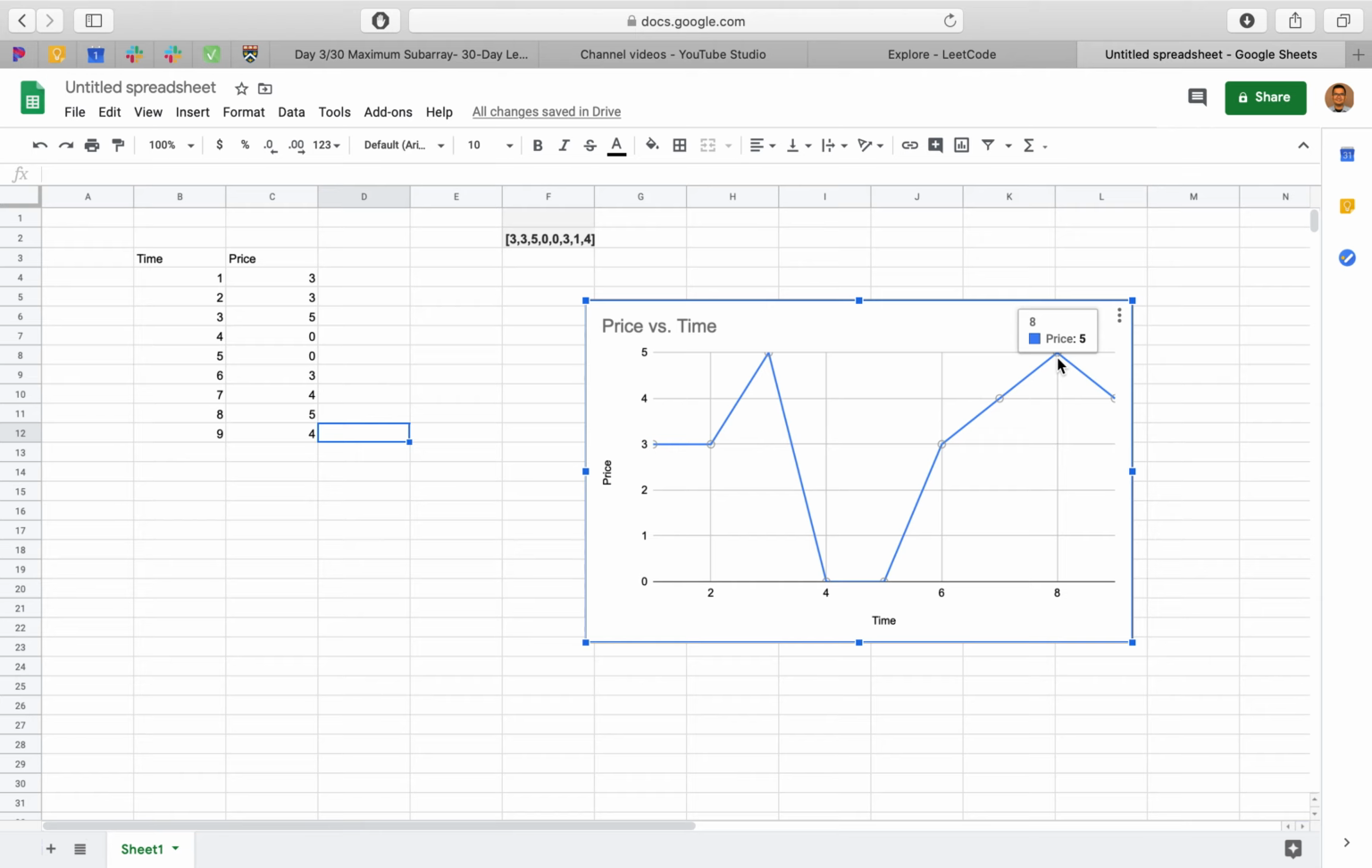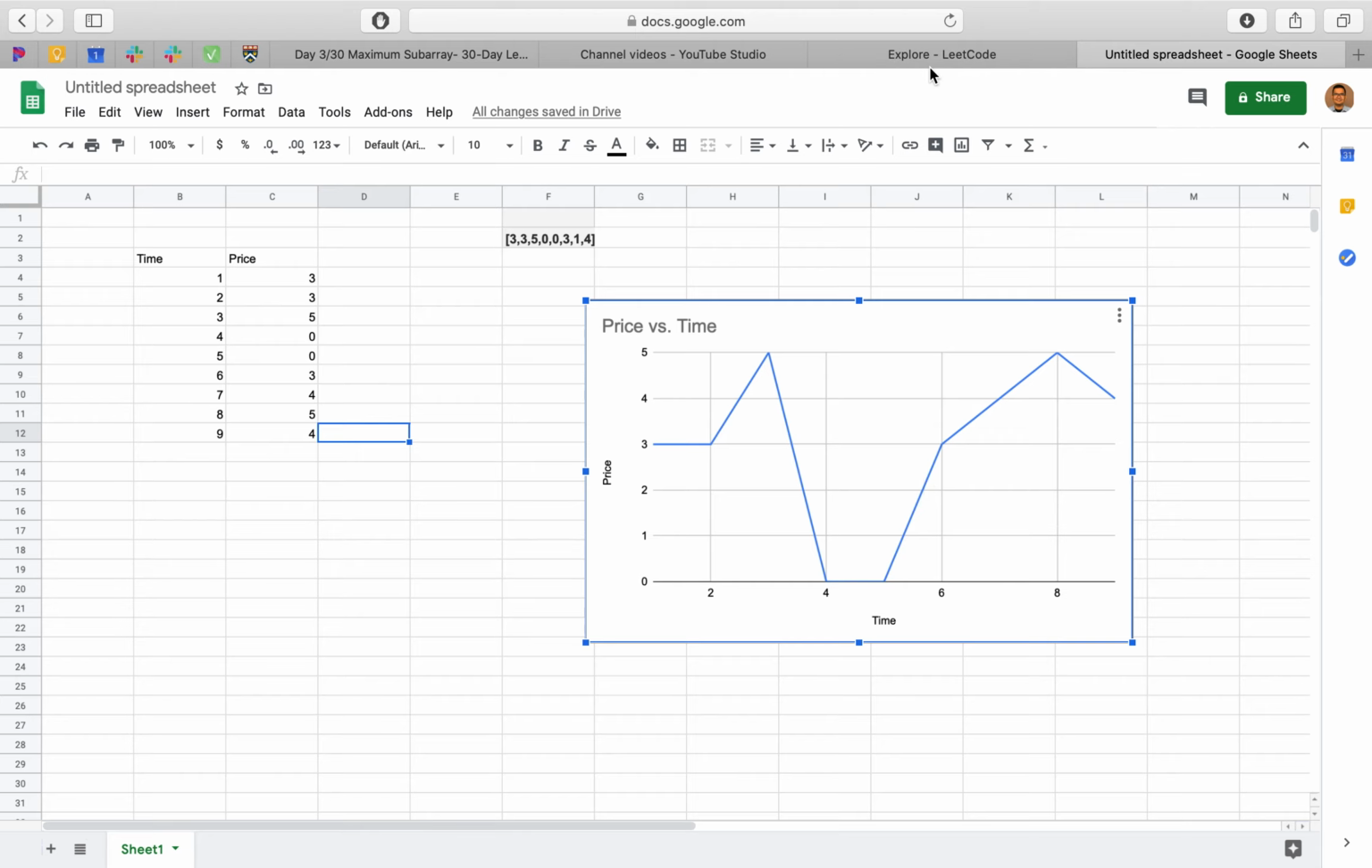So as you can see, the difference from here to here is greater than the difference from here to here and from here to here, because we can only buy one stock or sell one stock in a single day. We cannot buy and sell